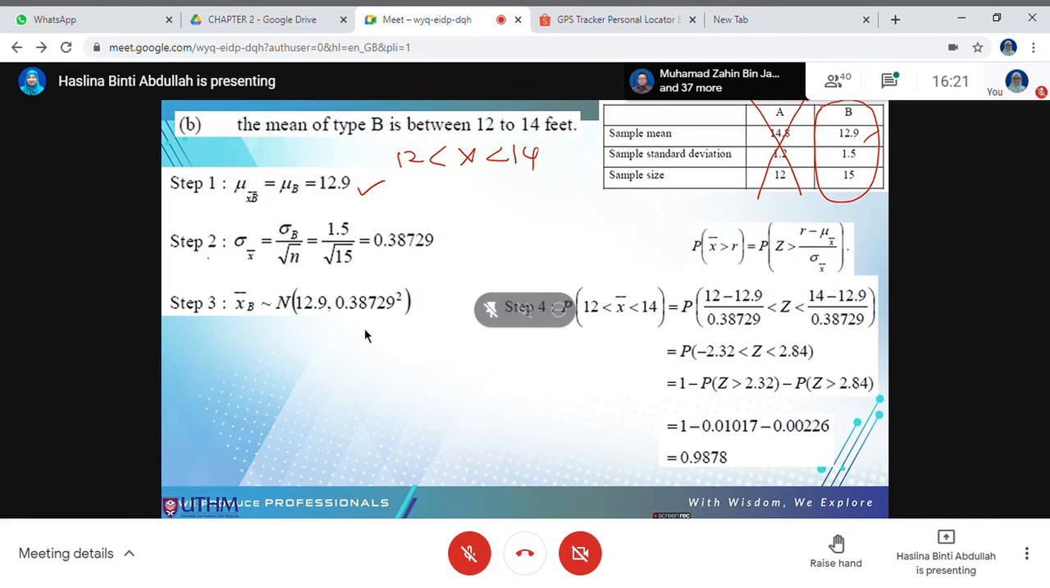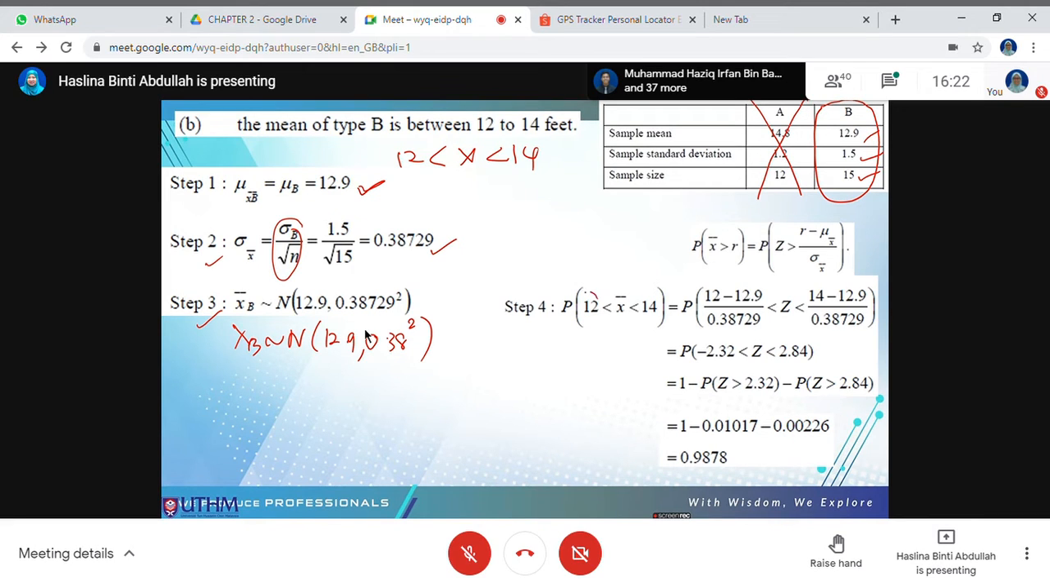For step 2, you need to find the value of sigma X bar using this formula: sigma B, which refers to 1.5, divided by the square root of the number of samples, 15. You will get 0.38729. Step 3, you need to write the normal distribution: X bar is distributed as N, where mu is from step 1, 12.9, and the variance is 0.38729 squared. For the last step,